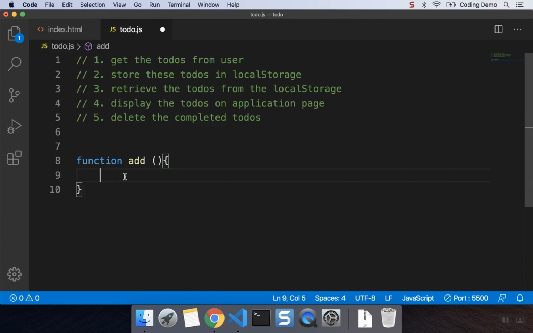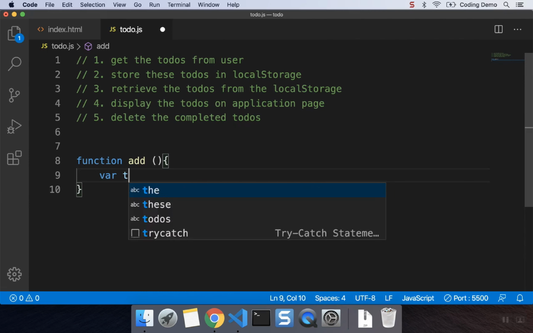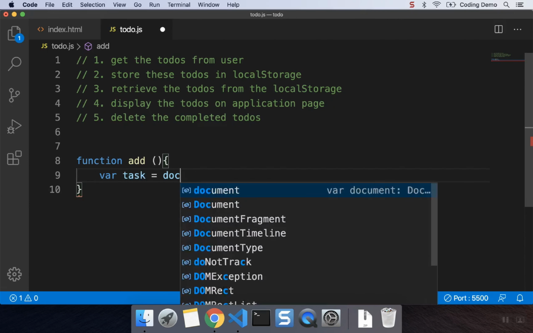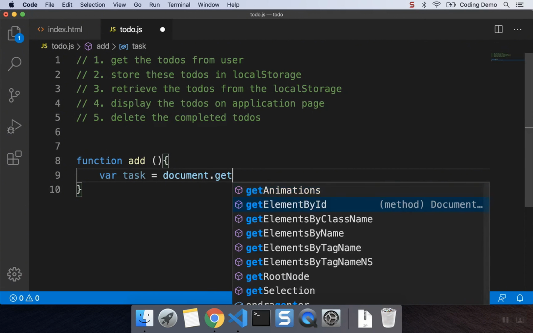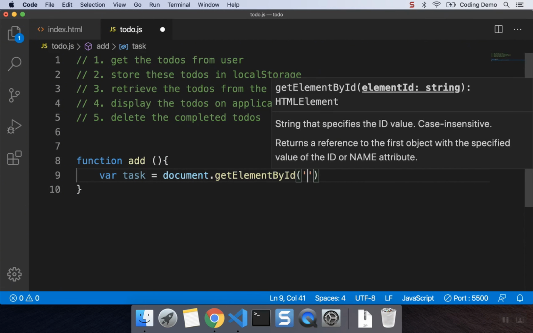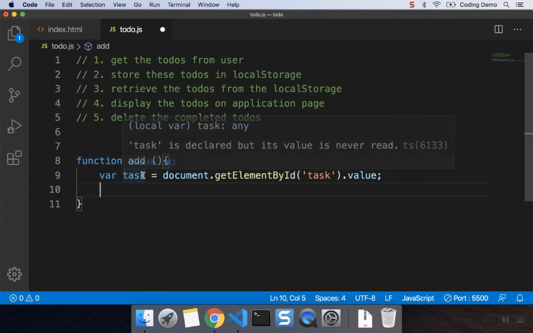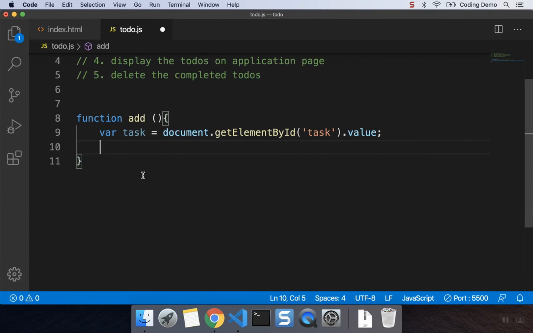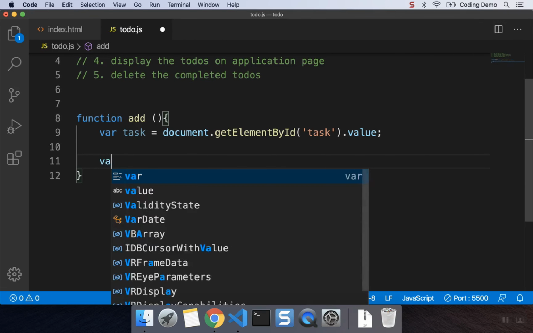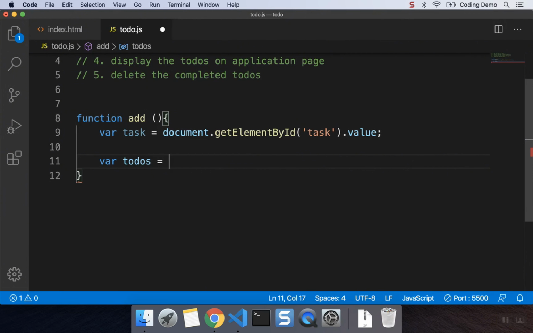Before I add this here, I have to create a variable to hold this value. So let me create a variable called task, and I will say document.getElementById. The name of the ID was task, and I'll need to access its value. Alright, so now the user will have multiple tasks, so it's best if you use an array to store these multiple tasks. So we'll create a new array. So I'll say var todo is equal to new Array,